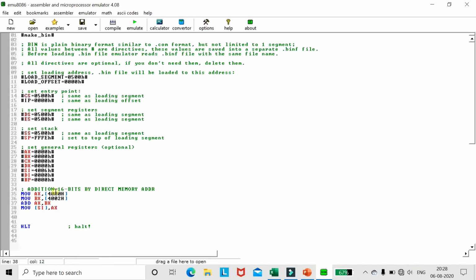Done. So the content present at memory location 4000 is moved into AX. The content present at memory location 4002 is moved into BX. Add the content of BX to AX and transfer the result of the operation from AX to the memory location present in SI, which is 4006. Done.